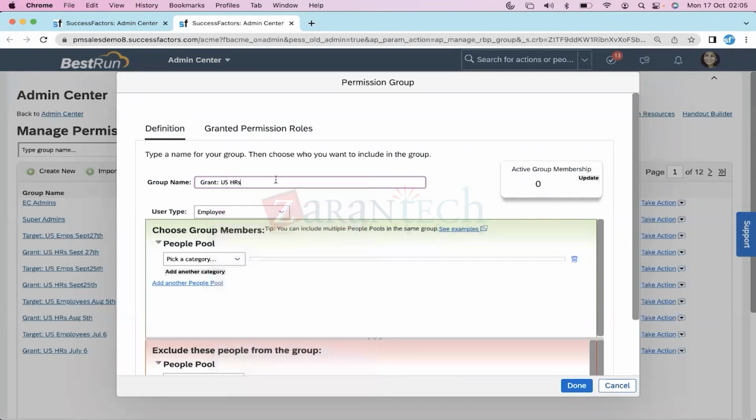Grant US HRs with today's date just for my identification. October 16th, I do it like this. Then, in this company in the US, there might be 10 HRs or 20 HRs or even 40 HRs, I'm not